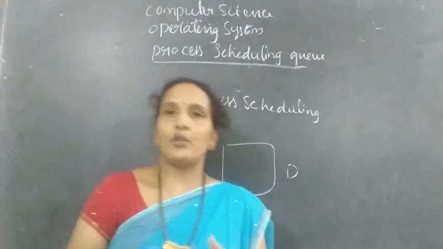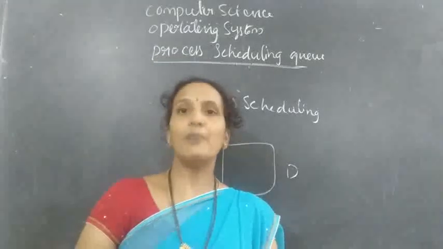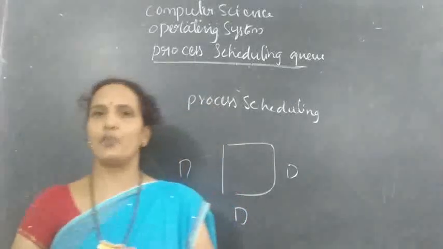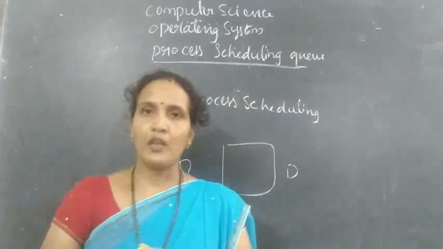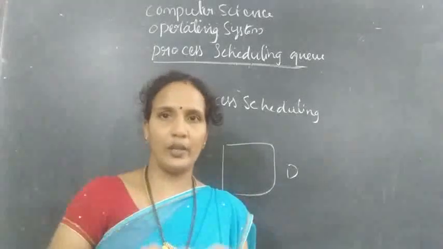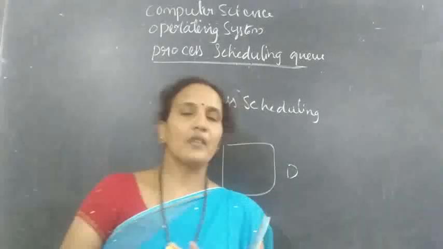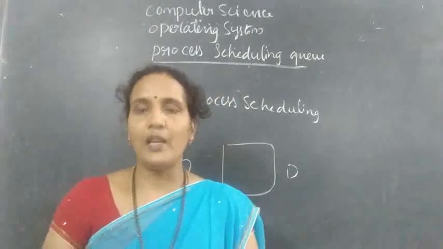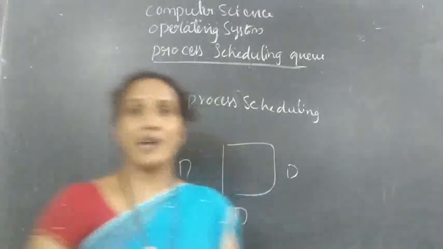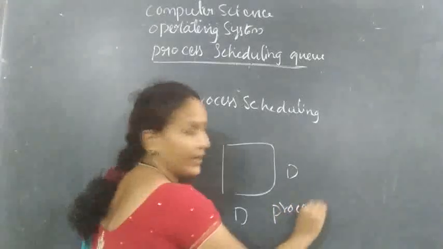So when it comes to our subject, if more than one process is running in a multi-programming or multi-processing environment, and you have a larger number of processes running, what happens? The operating system will maintain a schedule of which one should be first and which one should be second. That is nothing but process scheduling, and it is an activity of the process manager.